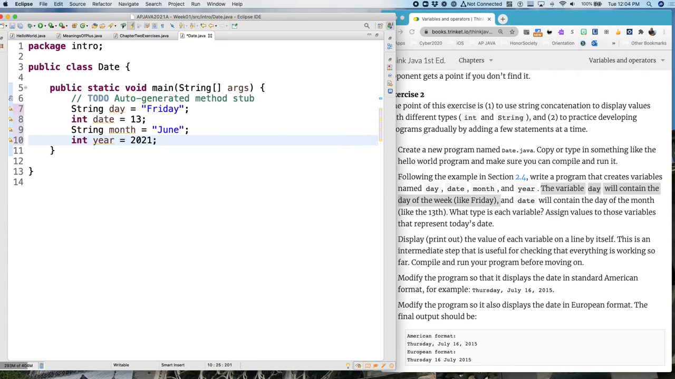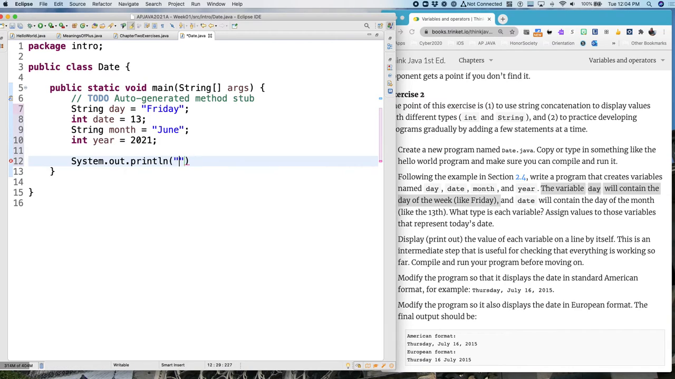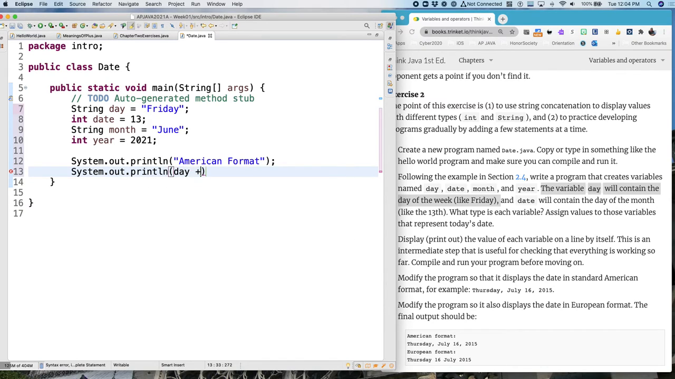There we go. So now if I want to print that out in American format, so I'll do system.out.println, and on the top line I'm going to say American format. On the next line I'm going to be day plus a comma and a space plus month plus space plus the date